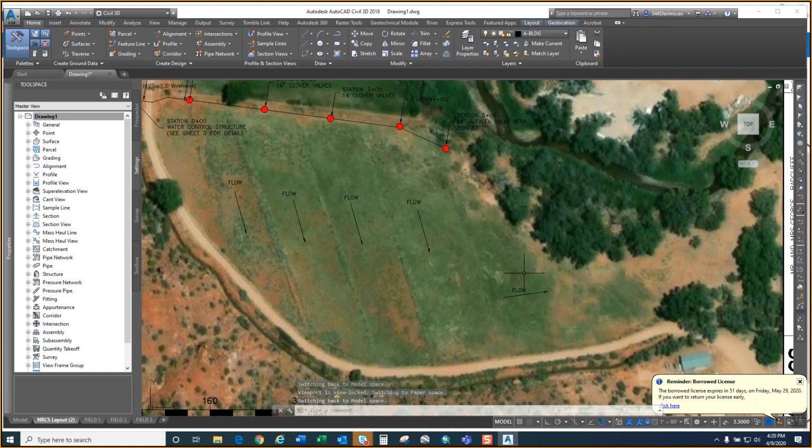to draw a line. I'm going to do PL enter, polyline. I'm going to just start from this point. It automatically snaps to it. My gated pipe is going to be strung out that far so that I can make the line differentiate from the pipeline. I'm going to double click the pipeline,